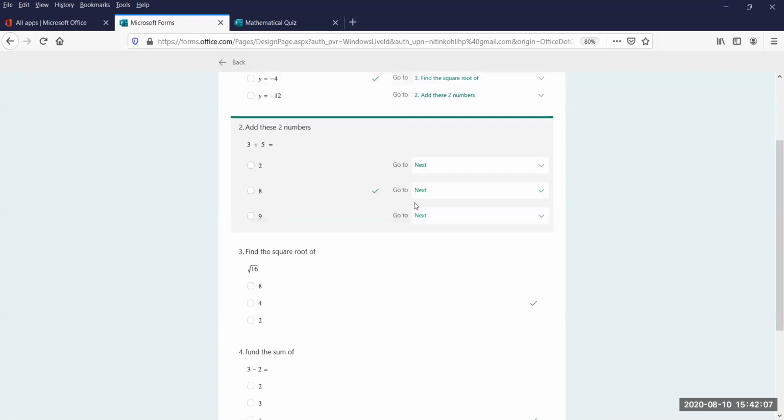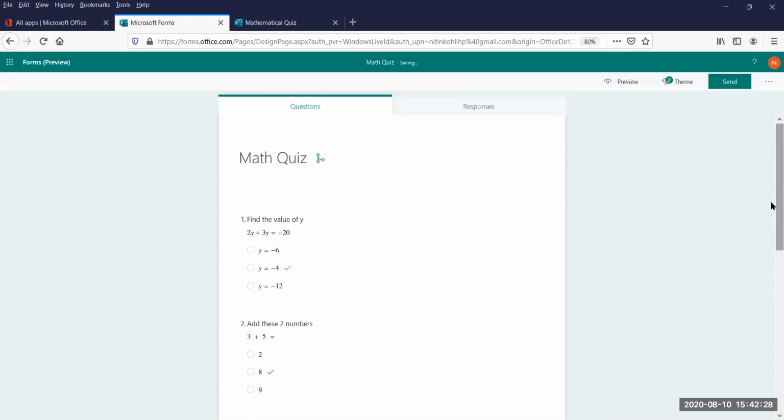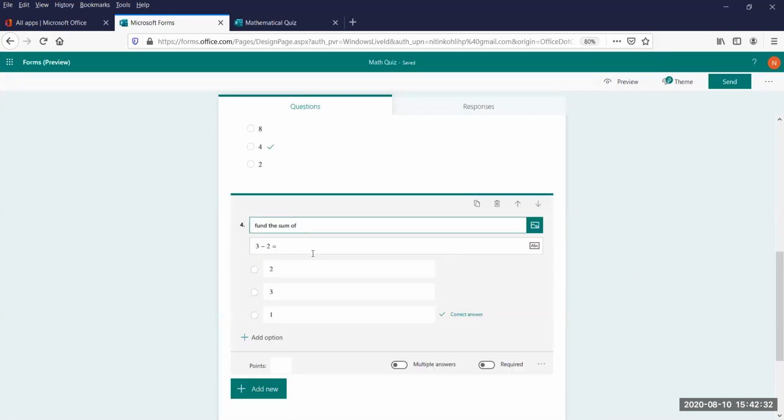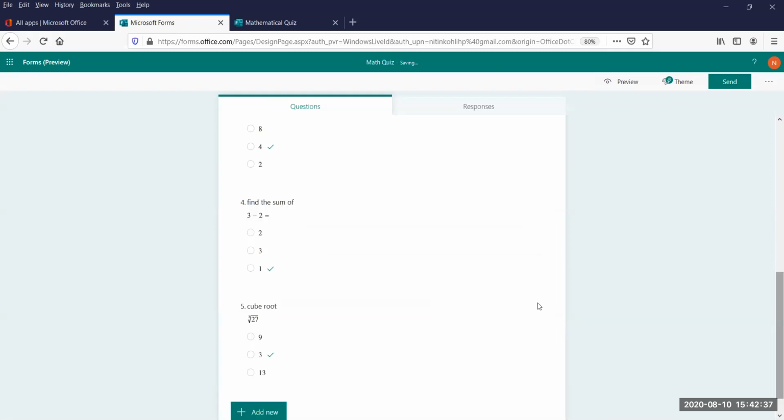Okay. Here, if I select this correct answer, then it will take me to the next level. But if it is wrong, then I will go back to the sum, like a 4 option. Then I will go back to the cube root. Then I will go back to the sum option. Okay. Here we have some typo. I will just correct it here. Okay. Then I will go back to